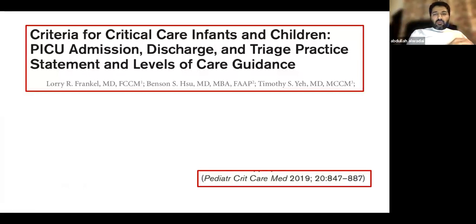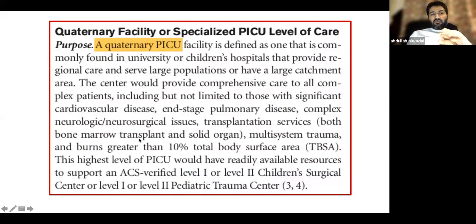The same group from the Critical Care Society and the Pediatric Critical Care Medicine journal published in 2019 an update for the criteria of admission, discharge, and triage of PICU children. They changed the level of care. Now, the one I told you about was 2004. They had only 2 levels of ICU, 1 and 2. But now they changed because new big facilities have appeared in the field itself, and they created something called